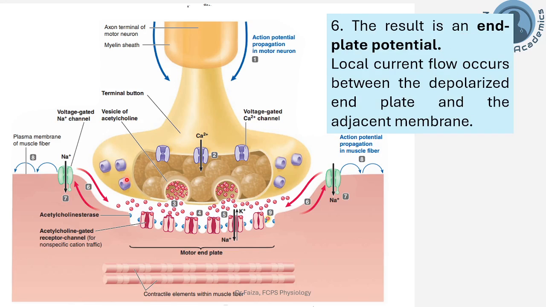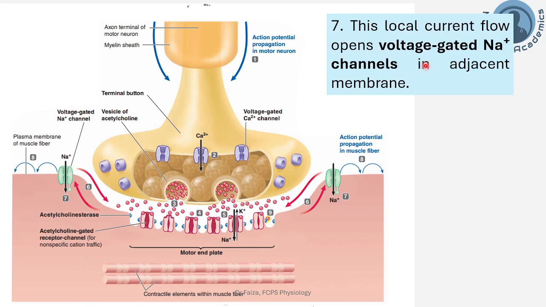Be mindful, attachment of acetylcholine to these acetylcholine gated channels brings a minor change in the potential of the muscle membrane, which is enough to lead to the end plate potential, which is a local potential and is not a true action potential. However, if adequate quantities of acetylcholine are released, leading to the production of ample magnitude of end plate potential, this may lead to opening of voltage gated sodium channels present around the sarcolemma.